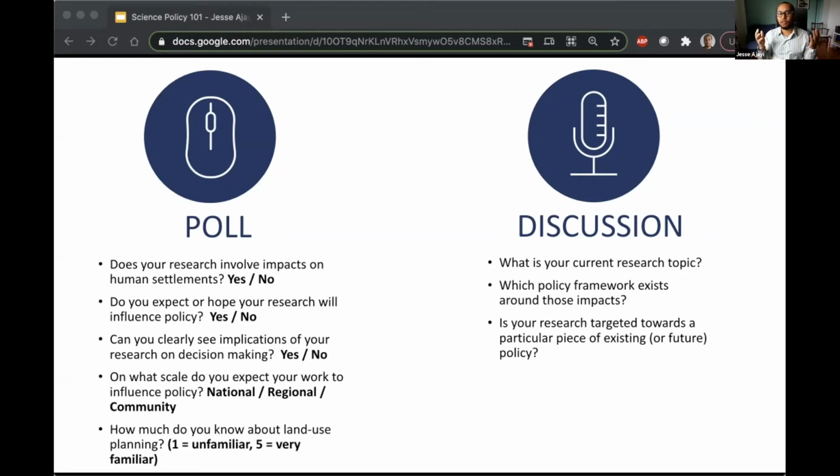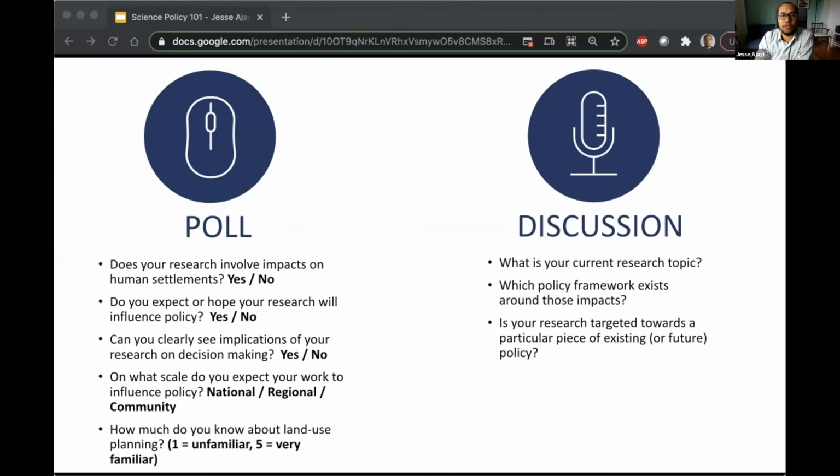What I want to provide is one avenue where research enters into policy, and give as many juicy tidbits on how that works as I can. And hopefully you can apply that if you're working with marine ecosystems or some other sort of impact.